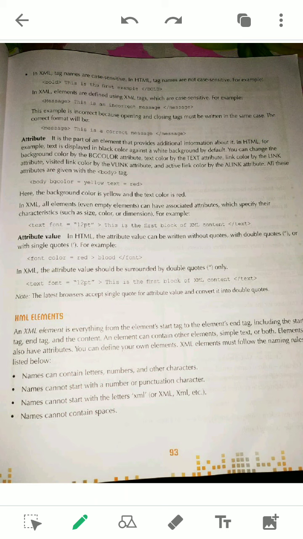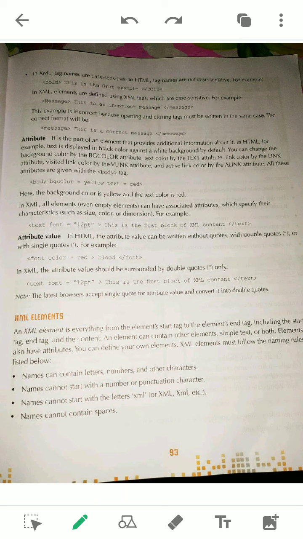Very important: while writing any XML program, you must see how we have written the start tag, and write the closing tag the same way. All the letters should match. That's why XML is case sensitive. If it is uppercase, it should be written in uppercase. If it is lowercase, it should be written in lowercase. But in HTML, it doesn't matter. If you have written the start tag in capital letters, you can close it in small letters also, no problem. So these are the tagging differences between these two.